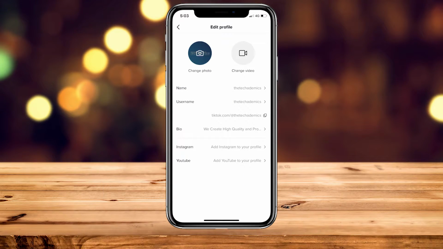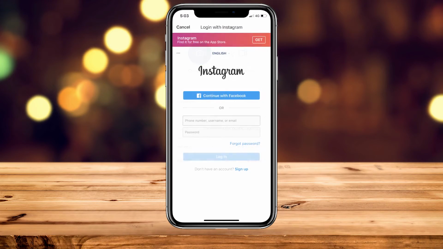It should display some options to edit your profile with. What we want to do now is go ahead and click on Add Instagram to your profile at the very bottom. If you want to go ahead and add your YouTube channel, you can also do that as well. So once you've clicked on the Add Instagram to your profile button, it will take you to the Instagram login page, and all you need to do now is go ahead and log into your correct Instagram account